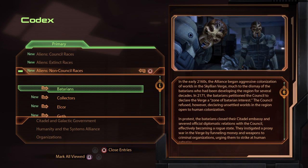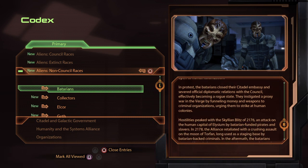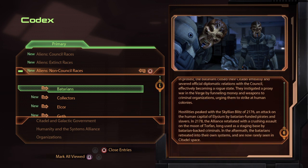In the early 2160s, the Alliance began aggressive colonization of worlds in the Skyllian Verge, much to the dismay of the Batarians, who had been developing the region for several decades. In 2171, the Batarians petitioned the Council to declare the Verge a zone of Batarian interest. The Council refused, however, declaring unsettled worlds in the region open to human colonization. In protest, the Batarians closed their Citadel embassy and severed official diplomatic relations with the Council, effectively becoming a rogue